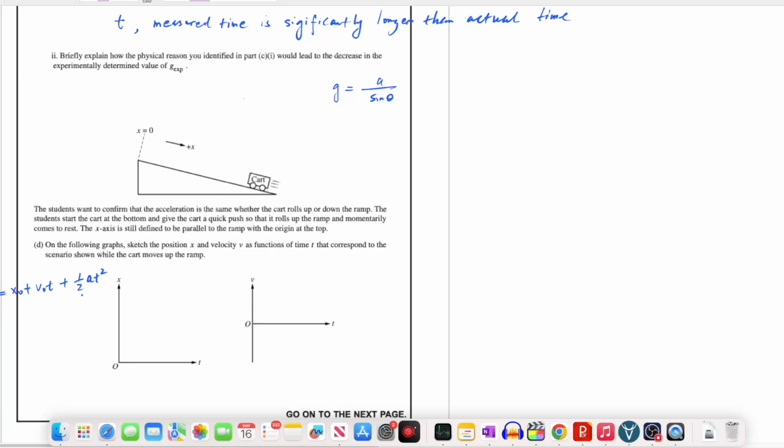And if this acceleration is constant, then x versus t should be a parabola. And since the direction of a is down, the same direction as positive x, this parabola should be opened up. The initial position here is